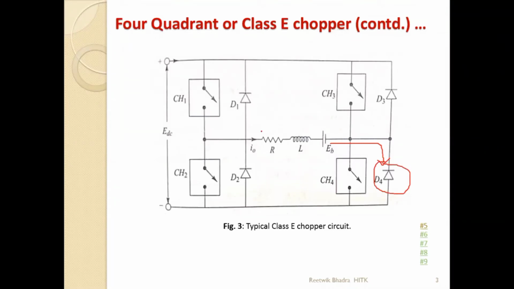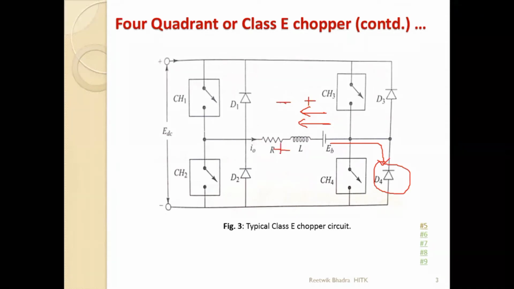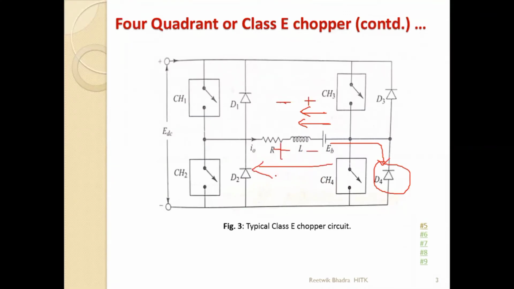Previously, in which direction was my current flowing? In this direction, right? So my current will now flow in this direction only, because the inductor will discharge in this direction. If current was flowing in the charging case in this direction, this side was plus, this side was minus. Now in the discharging case, this side will be plus, this side will be minus. So if you go from this side to this side, there is a rise in potential. So this point will be plus and this point will be minus of your output voltage, because both these voltages get added. So plus is connected to this D1, so D1 gets turned on.